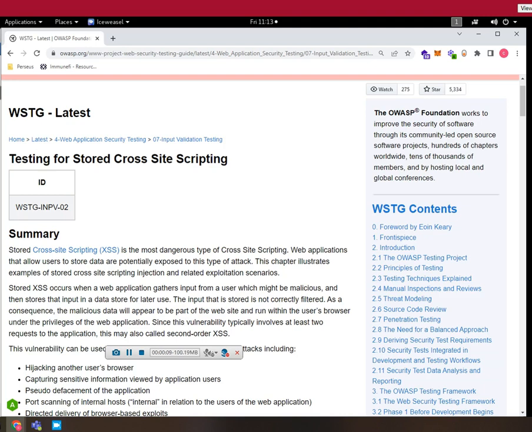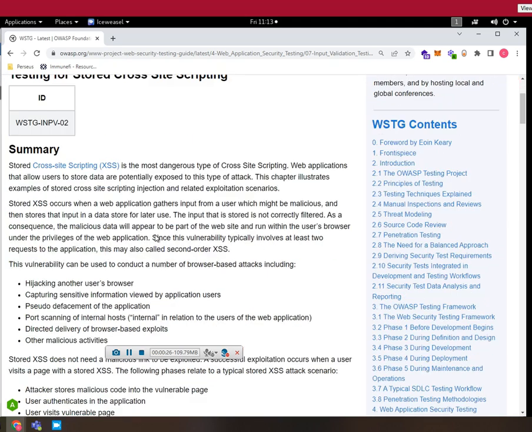In the previous video, we learned about reflected cross-site scripting. If you haven't watched that, I would suggest that you do so. That will also help you understand the basics of cross-site scripting. Plus, we also discussed the types of cross-site scripting. So, in this video, we're going to talk about the other type, which is stored cross-site scripting, and this is